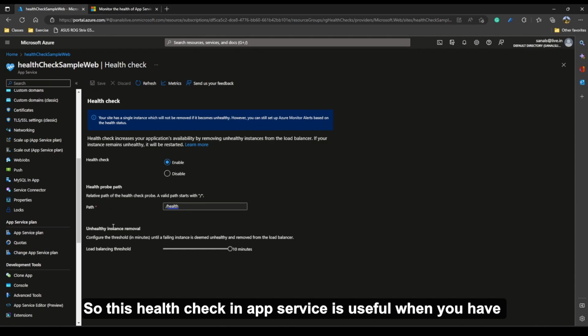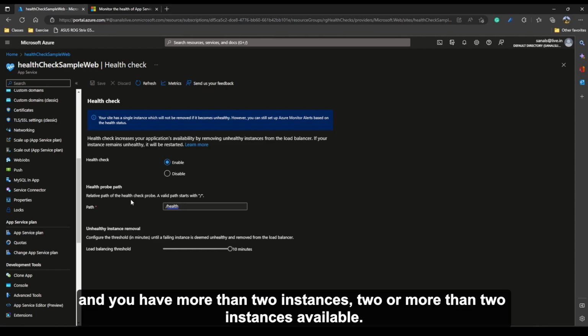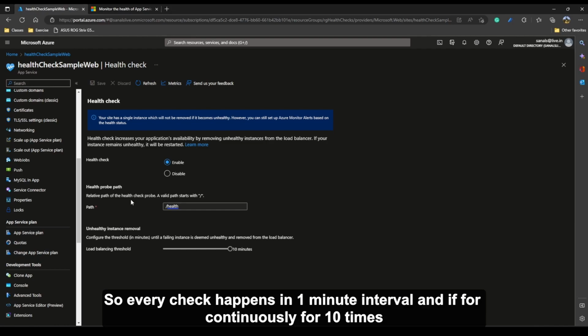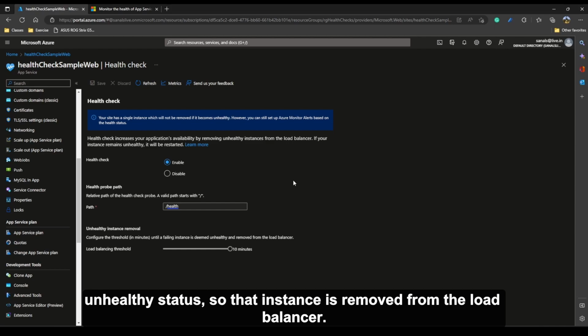So this health check in app service is useful when you have set up the scale out feature and you have two or more instances available. So if an instance returns an unhealthy status, any status other than 200 to 299, for 10 consecutive checks, where every check happens at a 1 minute interval, that instance is removed from the load balancer.